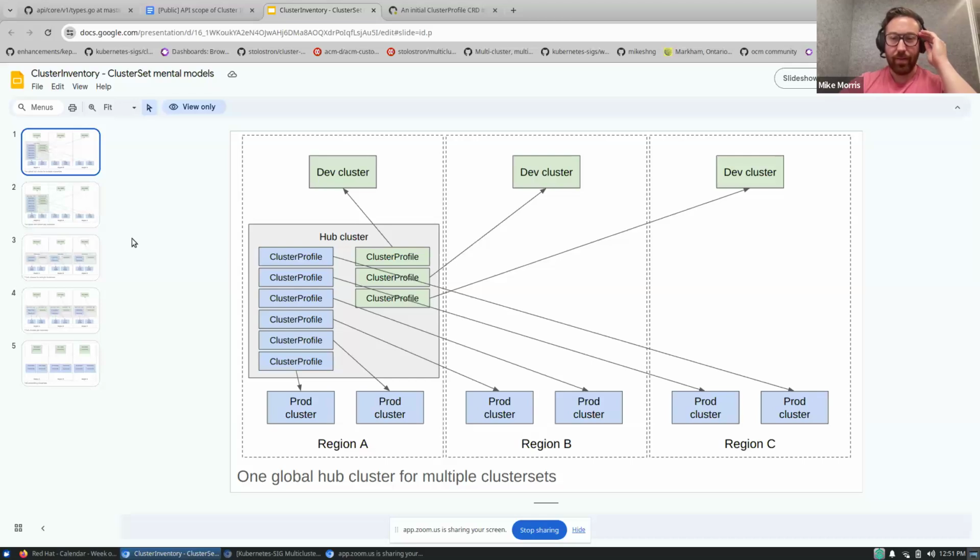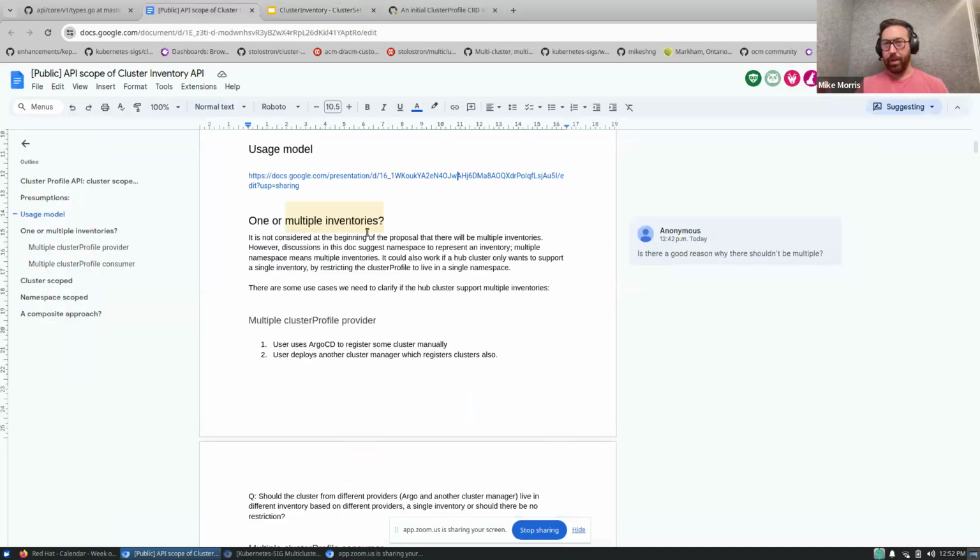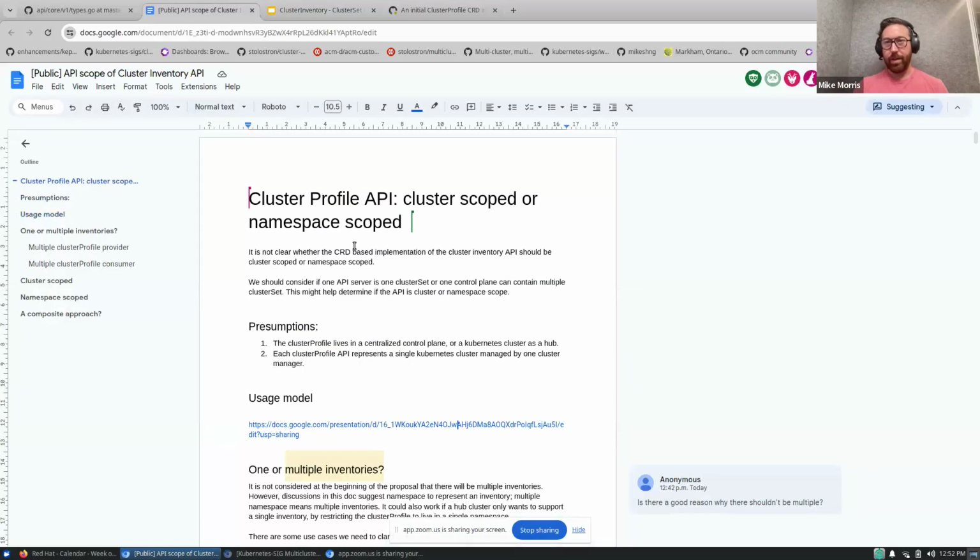We do not have an explicit definition of what an inventory is. An inventory could map to the list of clusters within the cluster set. It could also be, like you're talking about, a level above that: a list of clusters which may belong to either one cluster set or another. And in terms of thinking of the API,